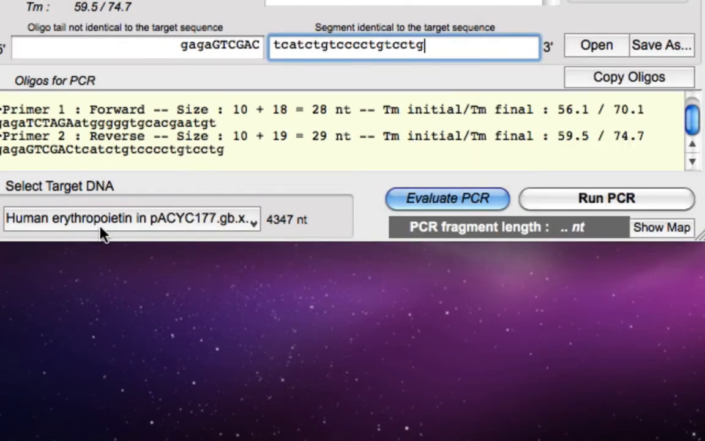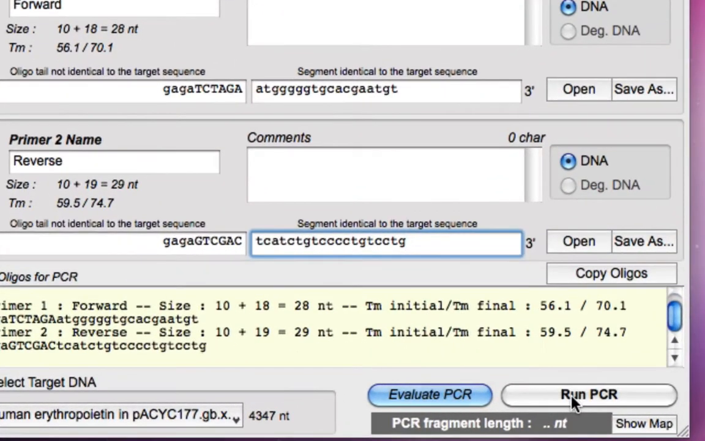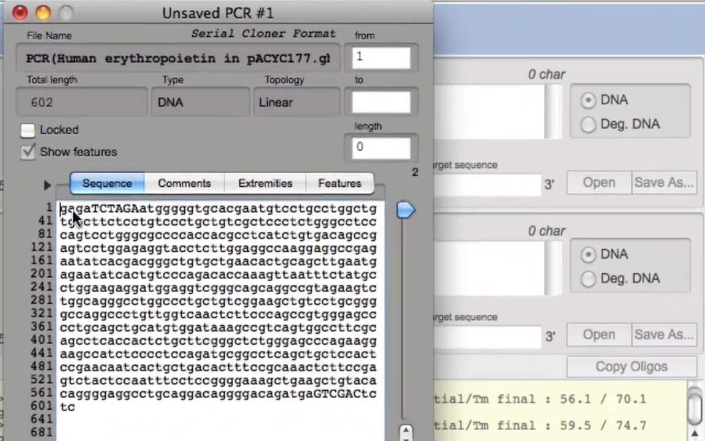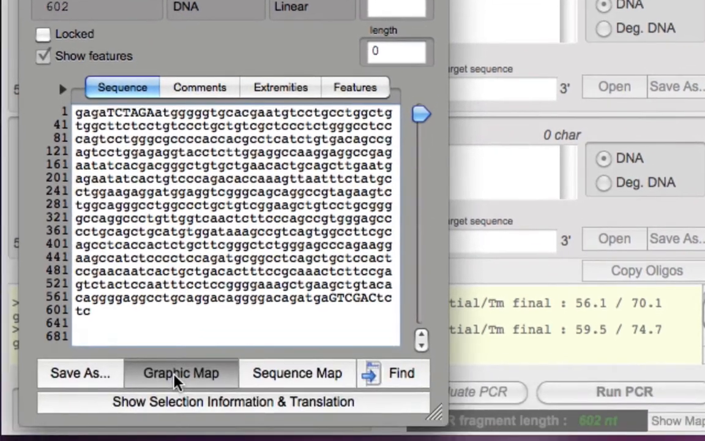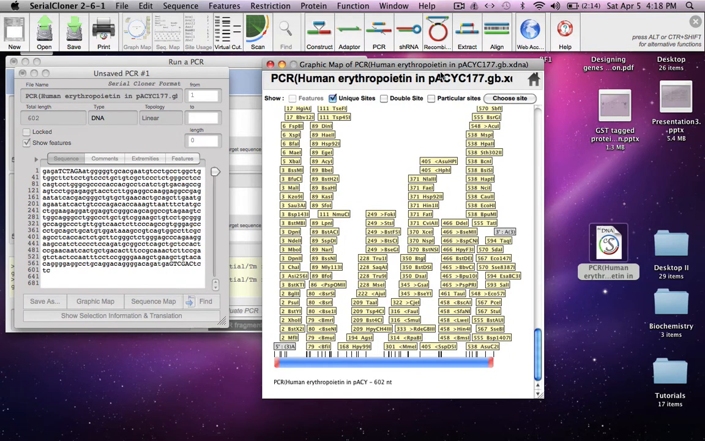And at the bottom left corner we have the plasmid loaded, and bottom right will run PCR. So this is our PCR product or amplicon, which is PCR of human erythropoietin. Now we'll create the graphic map. Here it is,